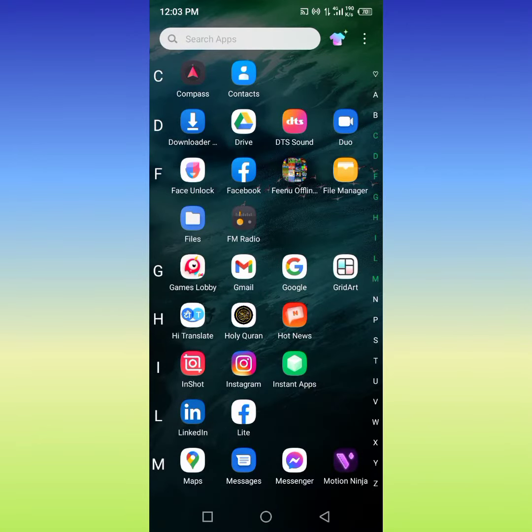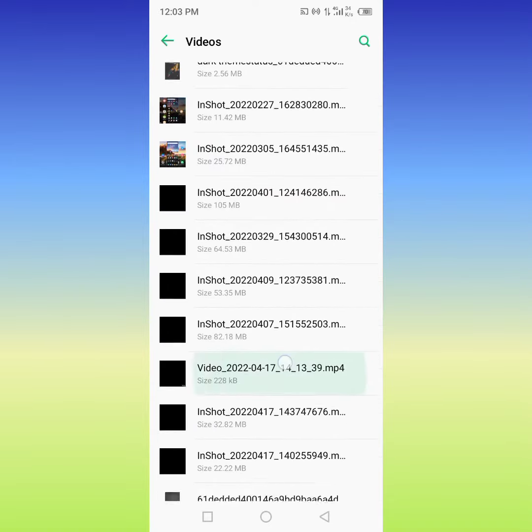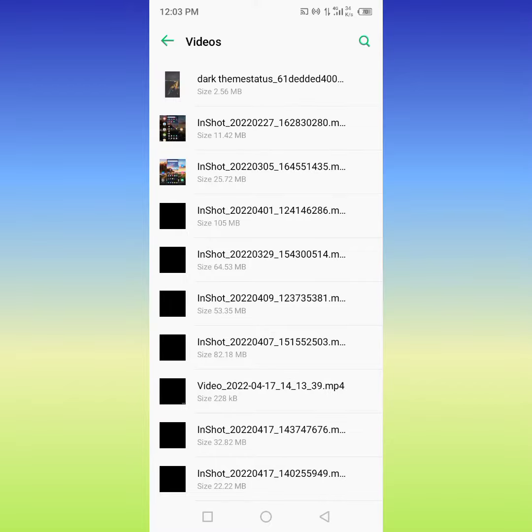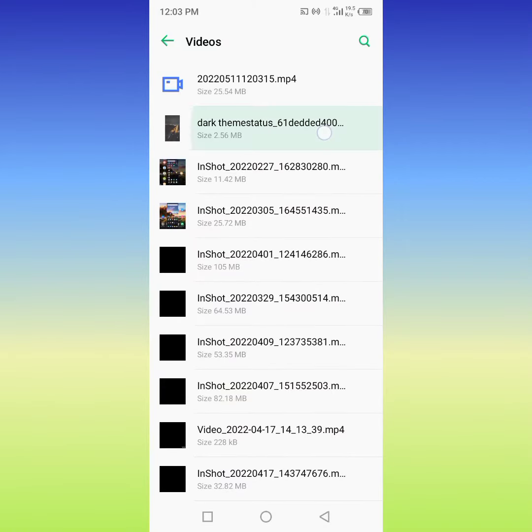First of all, go to your file manager and click on videos. Select the video that you want to convert into mp3 format. So I will go with this video. As you can see, it is in the mp4 format. You have to click on this video,